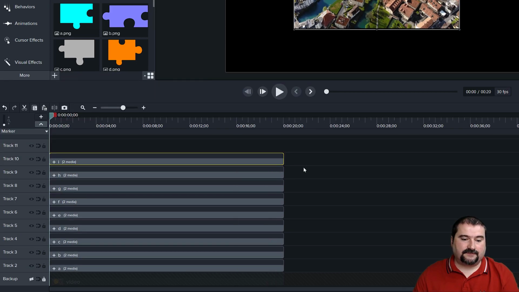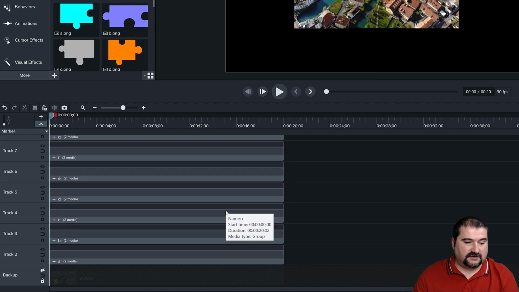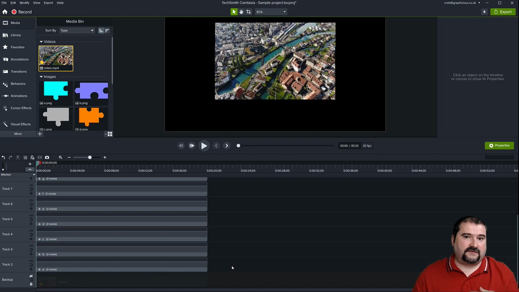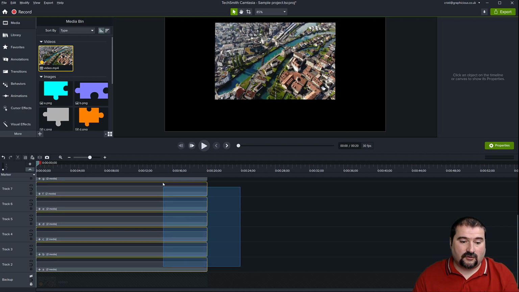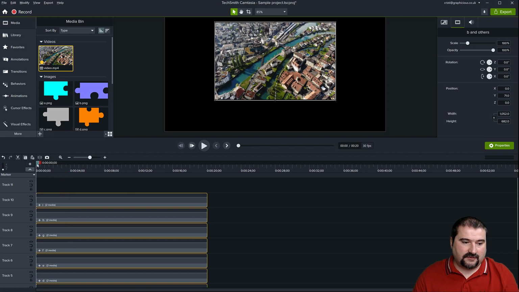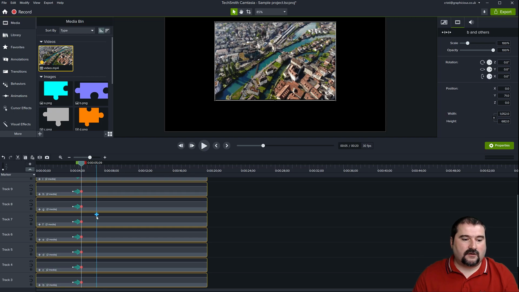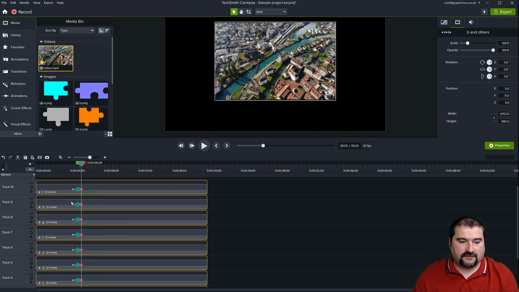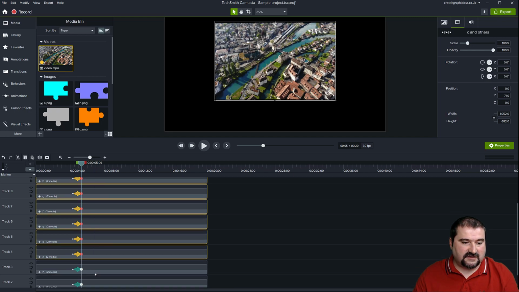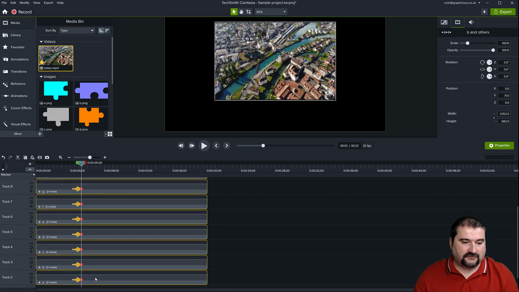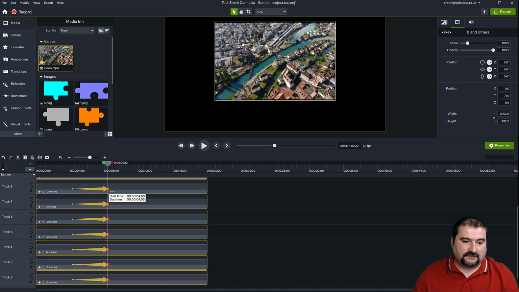How am I going to animate this? Well, you have to have a bit of space on your screen because you need to make sure you animate stuff. What I want to do is they're going to come in either together or at different times. It doesn't matter because you can offset the animations, but we want to select all of these groups and we want to make sure that we place an animation somewhere here, right? So of course you can move this animation back and forth and select this animation and all of them, hold down the shift key. You need to do it only 9 times or so. Make it longer, like maybe this.